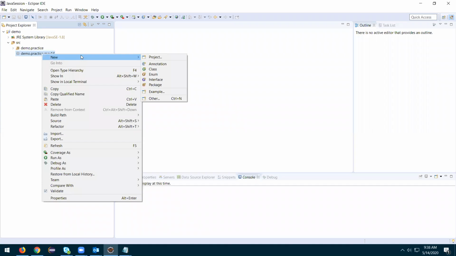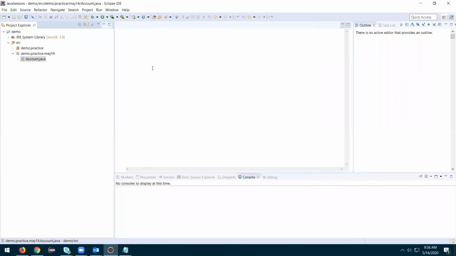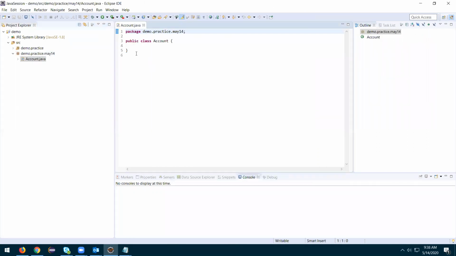So today we are going to discuss class and object creation once again. I try to create a class Account. So basically, how do we create a class? We basically specify the package where the class is going to be created, by using the keyword package followed by the package name. A package is basically a wrapper.